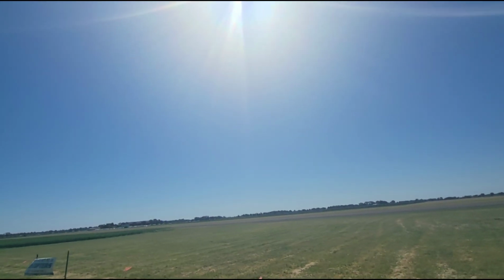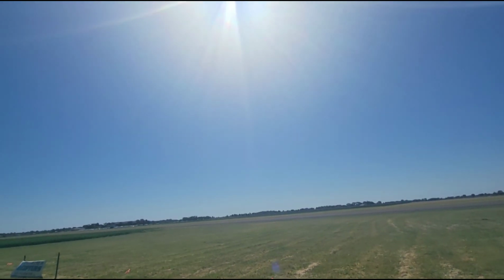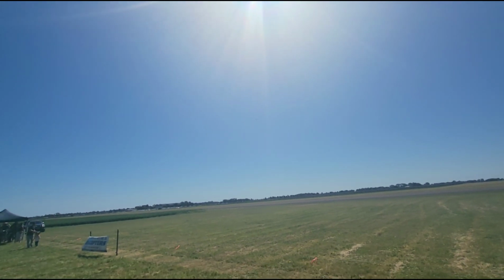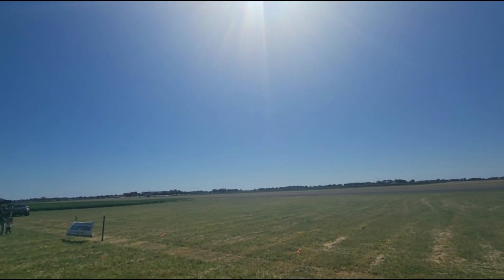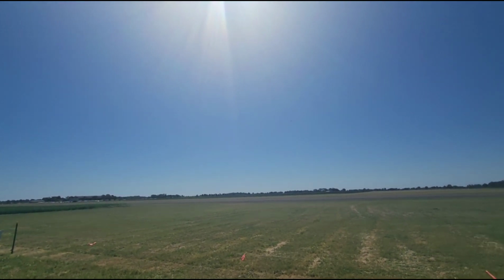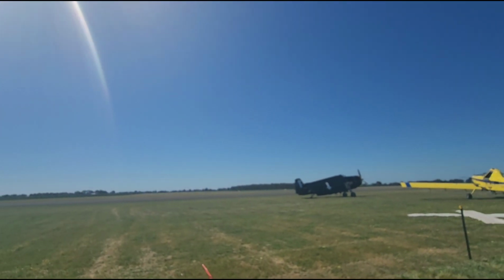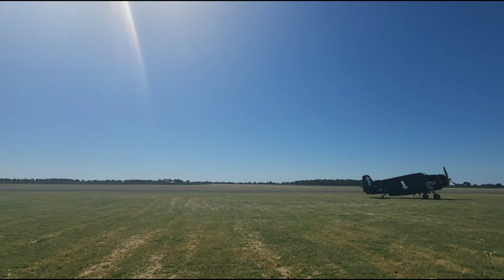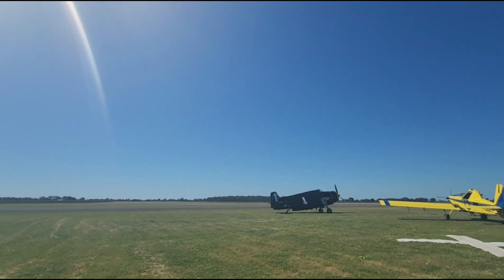Probably get a better glimpse of him when he goes over the runway. Wow. What do you think? Because he's going to fly over the runway. P-40, the Kitty Hawk, the Warhawk, whatever name you'd like to use, and in its early stages the Tomahawk was actually the aircraft that formed the backbone of the Allied efforts during the early and middle part of the Second World War. It was produced all the way through the war years, despite